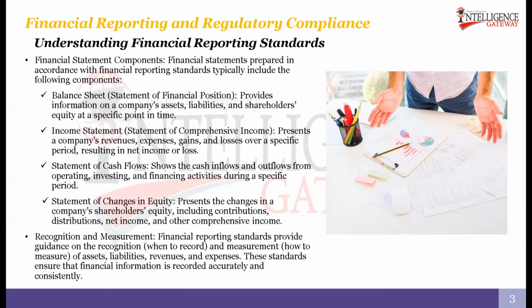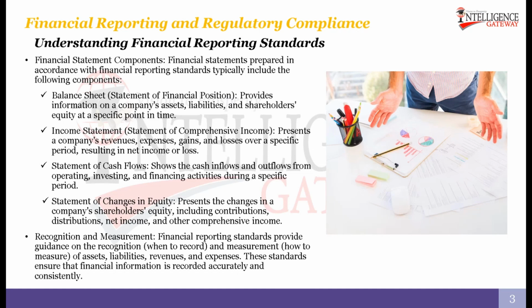Financial statement components. Financial statements prepared in accordance with financial reporting standards typically include the following components: balance sheet. Statement of financial position provides information on a company's assets, liabilities, and shareholders' equity at a specific point in time. Income statement. Statement of comprehensive income presents a company's revenues, expenses, gains, and losses over a specific period, resulting in net income or loss. Statement of cash flows shows the cash inflows and outflows from operating, investing, and financing activities